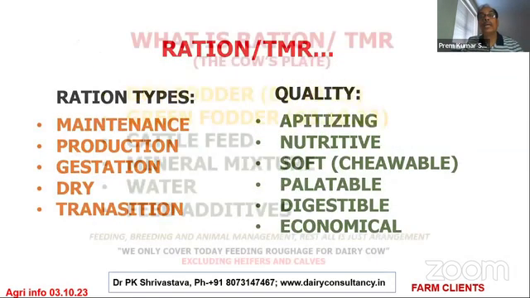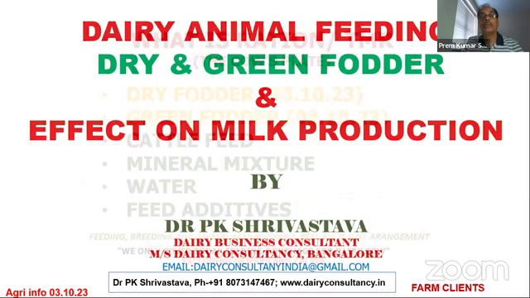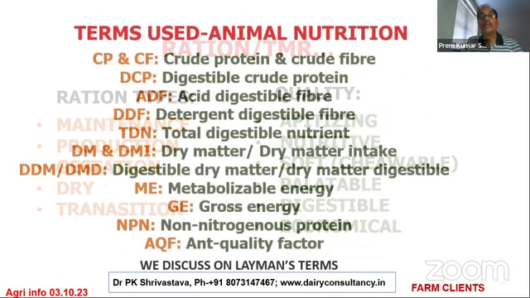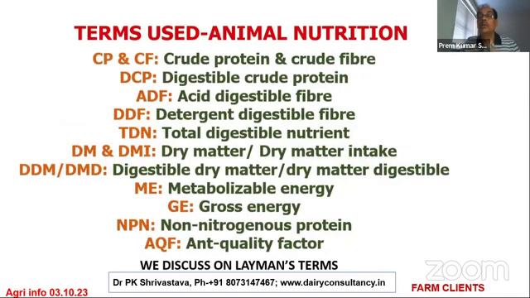I think we have missed one slide: what is the forage? It comes later. Okay, fine. So crude protein and crude fiber means how much crude the fiber is, and the fiber is made up of protein. This was the parameter in the earlier days to decide for the roughage. Now what has come is the digestible crude fiber: how much of the crude fiber can be digested by the body, and that becomes the useful thing. The rest goes to the dung.